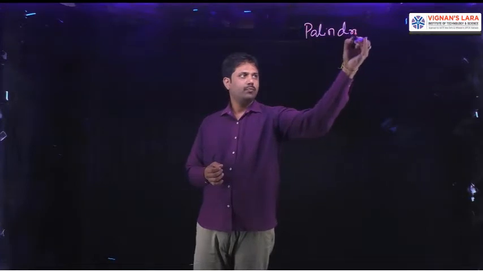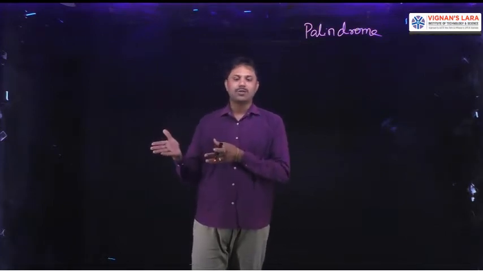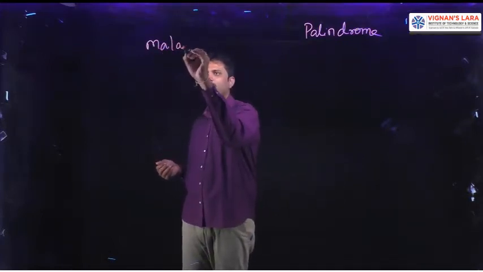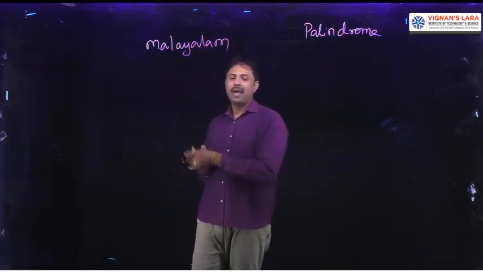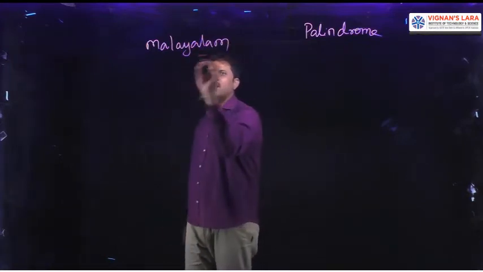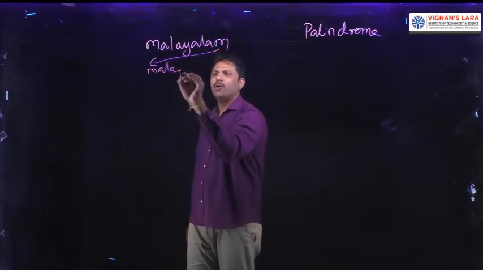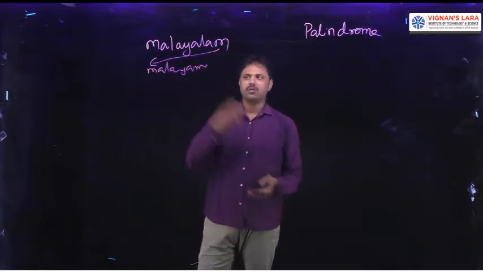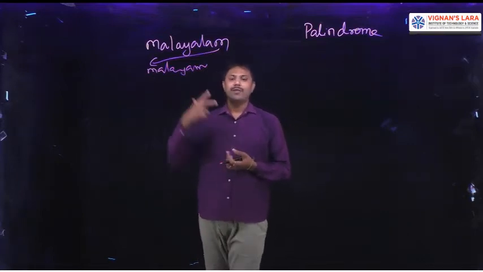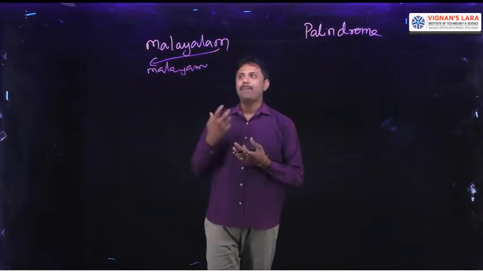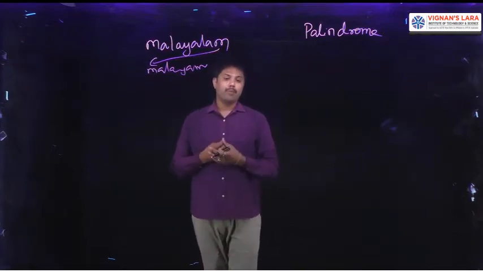We are going to discuss palindrome. What is a palindrome? We all know a palindrome means if you reverse the given string, it is again equal to the given string. For example, if I take the string Malayalam and reverse it, you will get the same string. So that is nothing but a palindrome. If these two strings are equal, then we call it a palindrome. So I am going to write a program for this.